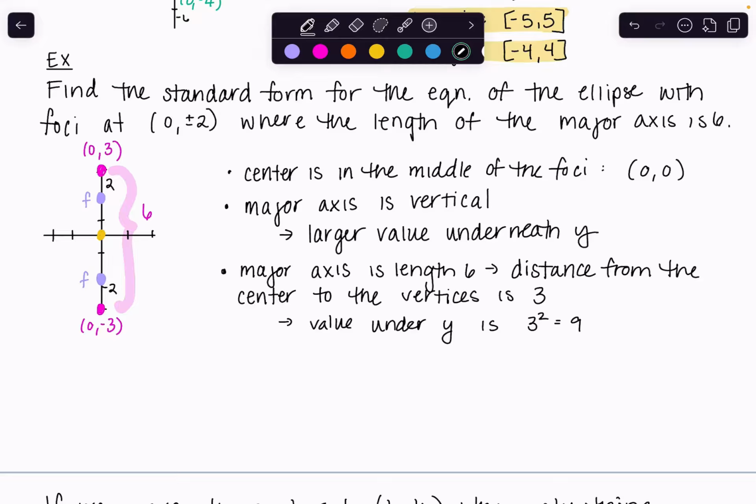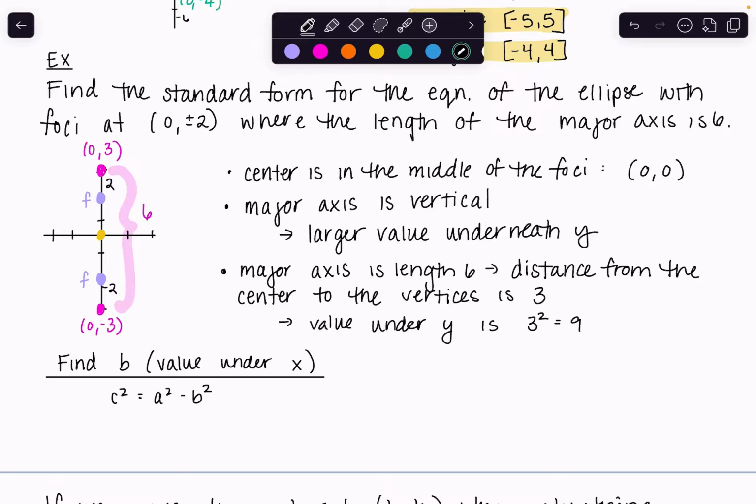And again, it's going to end up being squared. So really, what's going to go under y squared is 9. So all I need to figure out is what is going to go underneath x. So I need to find that value, which in this case is b. Okay. So in order to do that, again, I have that connection that c squared is a squared minus b